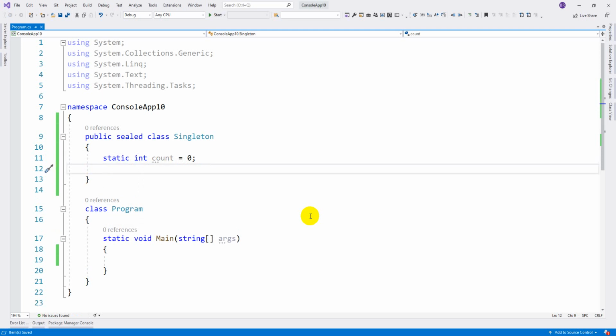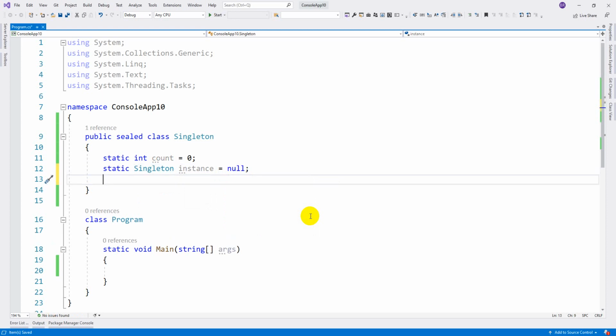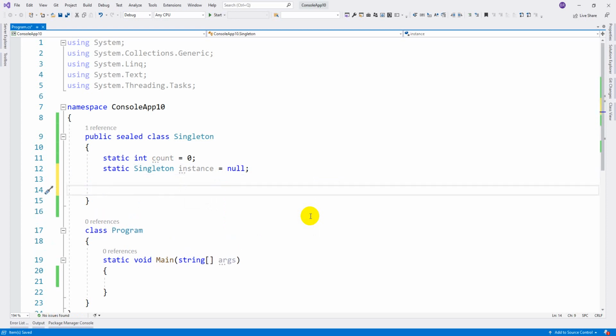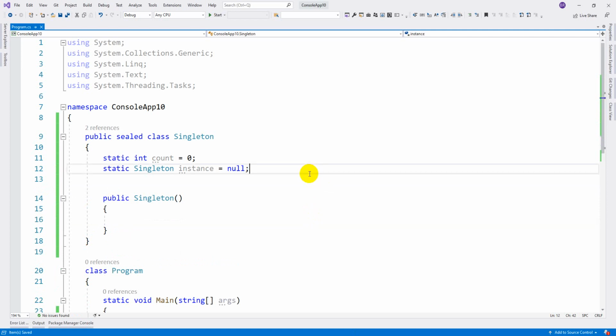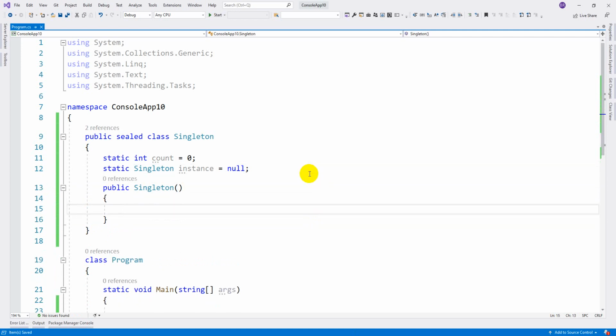Next, let me take the instance creation as static, and the type should be the same class. Then we are going to take a variable instance, where we are going to create the instance through the program. Now let me take a constructor that is going to print the number of instances that we are going to create.